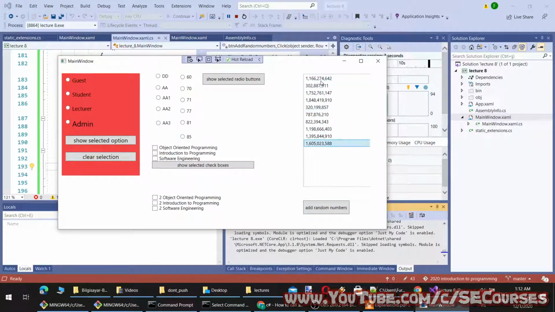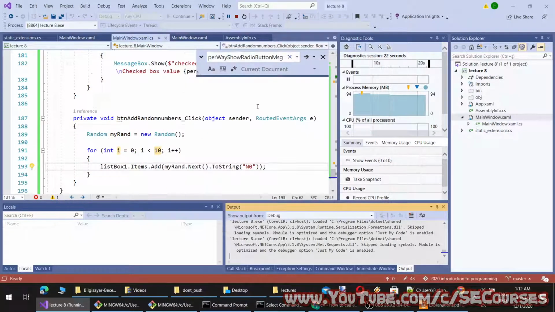So you see 10 numbers are added to my list box, and now I can modify, read, or delete or do whatever I want with these values. I will show you them.